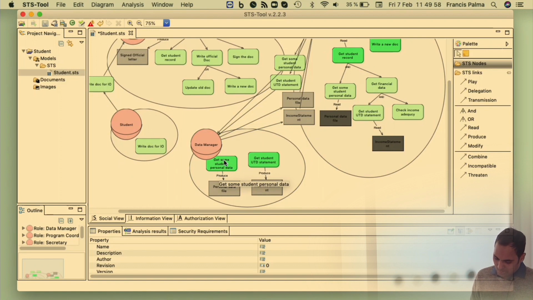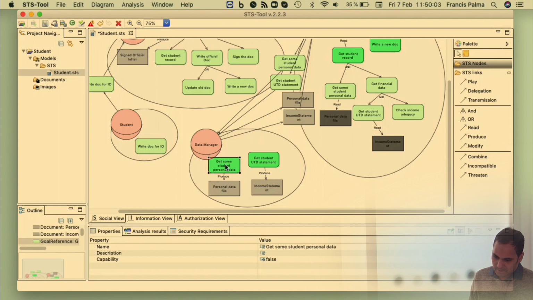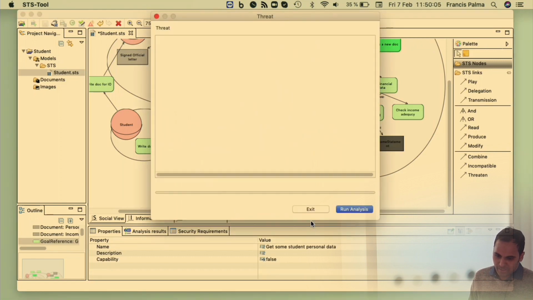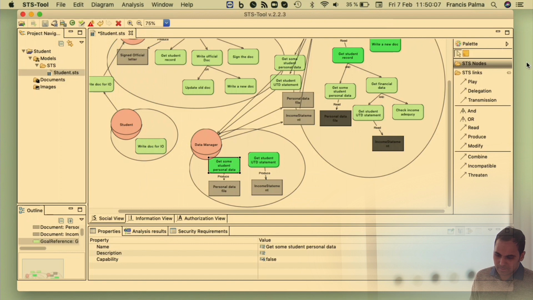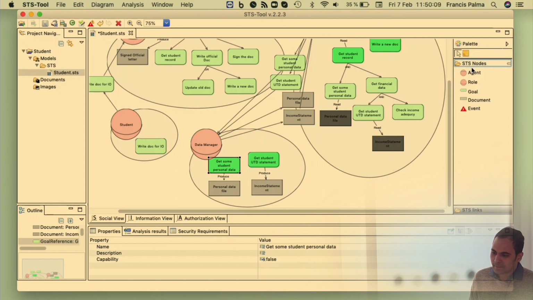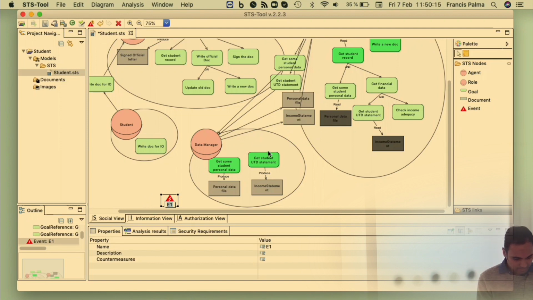One of the goals was get student personal data, and there can be a risk. There can be an event or risk that can threaten this goal. Let's say DDoS, denial of service attack, and this threat